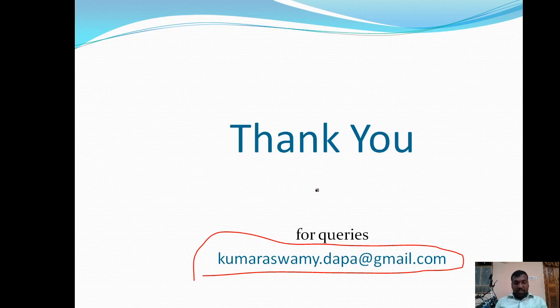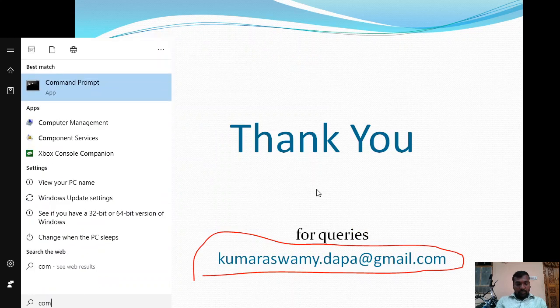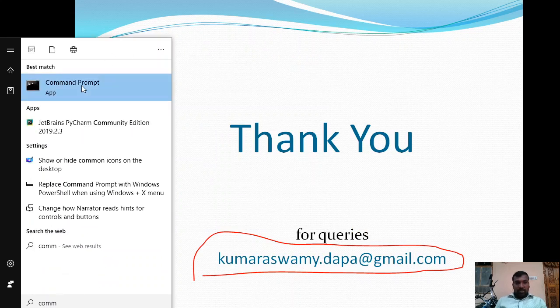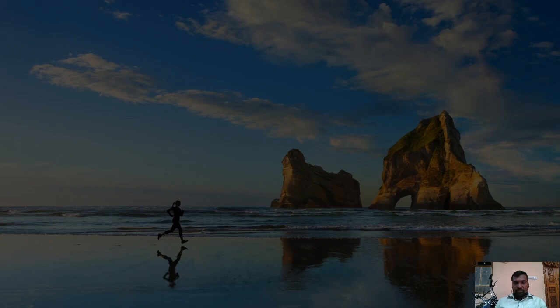Now I want to go with the command prompt, right? So go to command prompt, run this command prompt as an administrator, click on Yes, right? So in this way the command prompt is opened, right? So it is already open. So this is the command prompt, and here I am executing the systeminfo command. After entering the systeminfo command, it is going to get all these details.